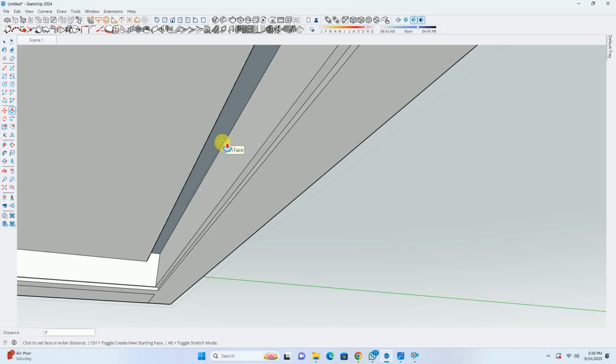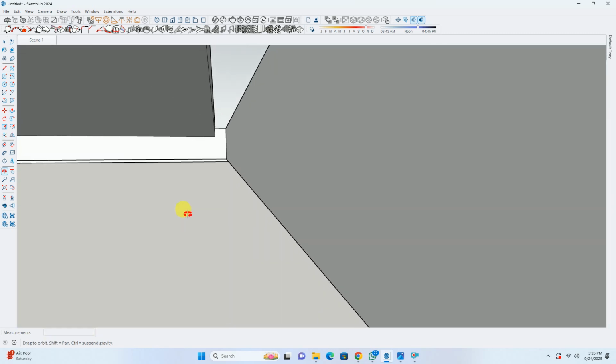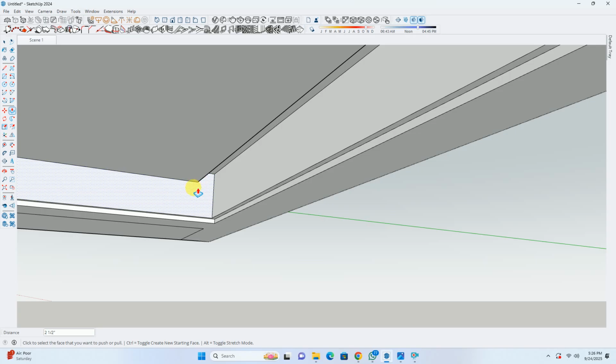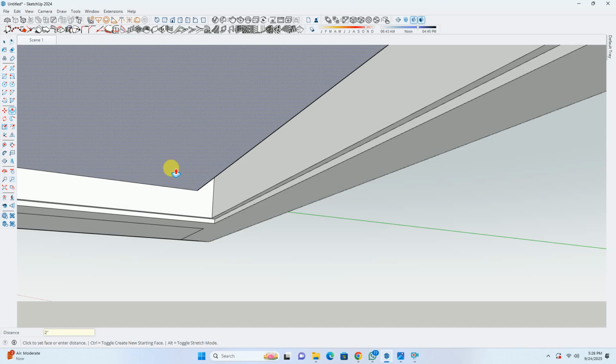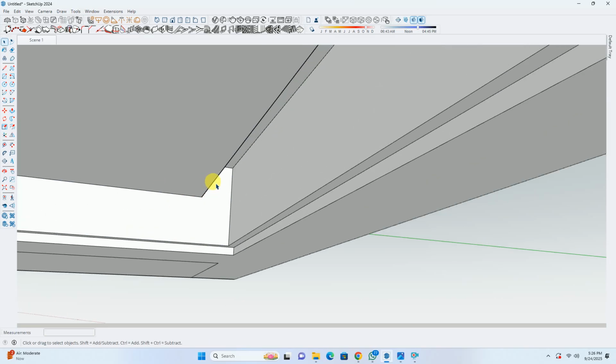Now you can see that if we push it up to a height of 3 inches, no external surface is going to be attached. So instead of push pulling it to 3 inches, we'll push pull it to a gap of 2.5 inches. And the drop from over here, we can see this is 8 inches, right? So instead of 8 inches, we'll reduce this gap by 2 inches also, so that we can get a gap of 6 inches over here.